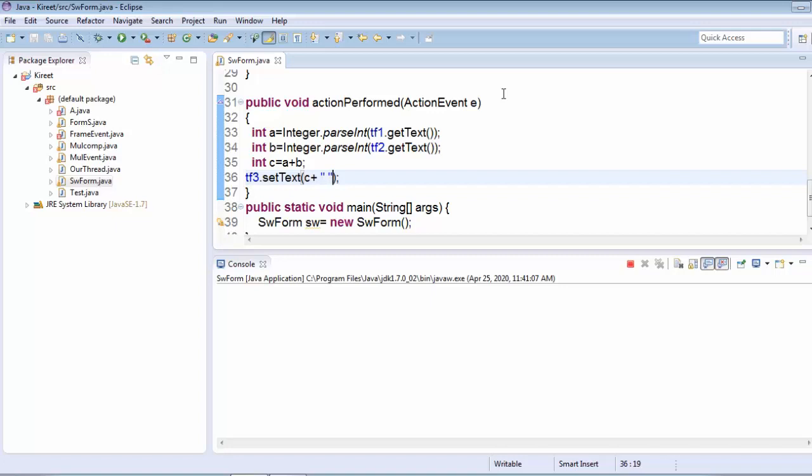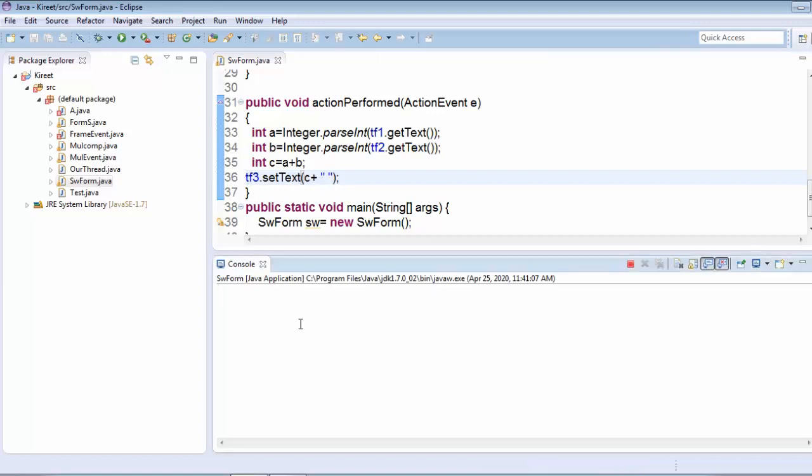The seven methods that we have to override in the window listener, we have not written all these methods here. But there is one thing: when we just cross it, you can see the program is still alive, the process is still active, the program is still not terminated. Here you can see in the console this cursor is blinking, and this red button, it says terminate, it means the program has not been terminated till now, the cursor is still blinking.